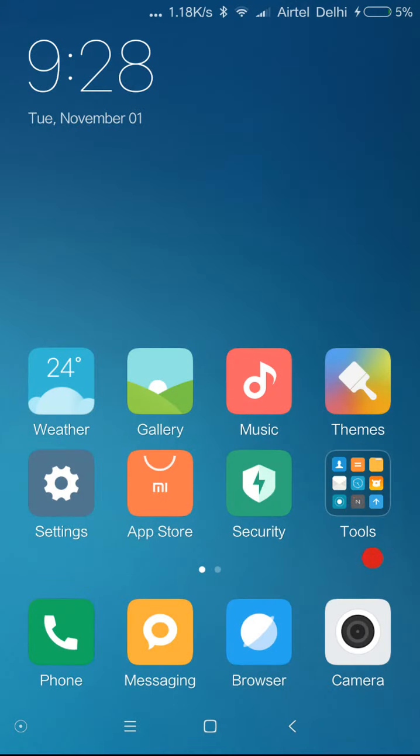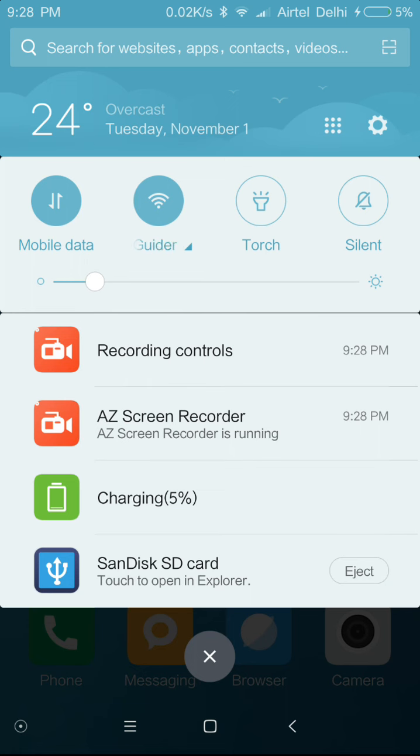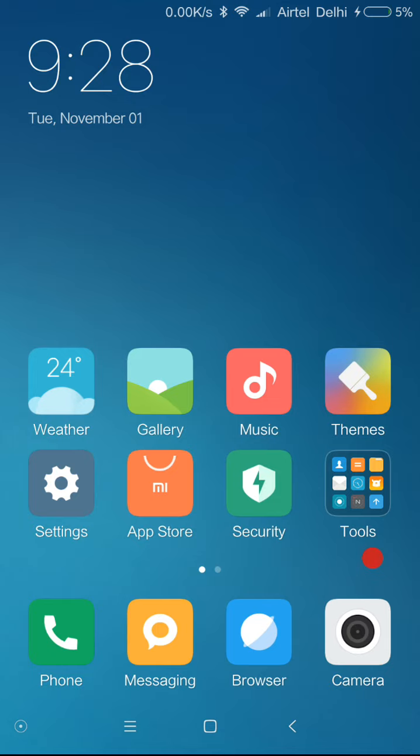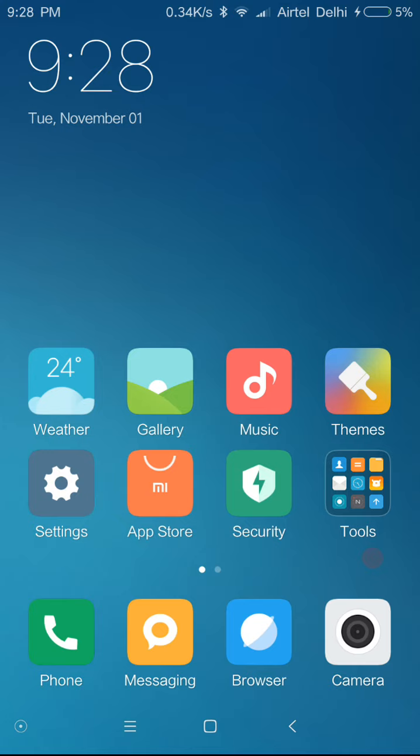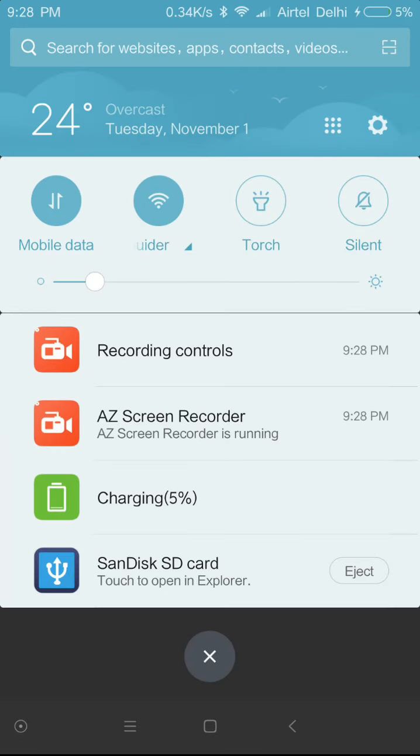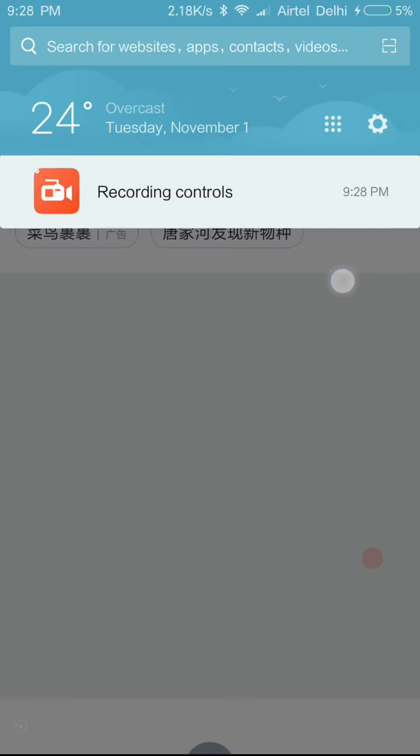And now just a few more things. So first of all, as you can see, we do have a search bar embedded inside the quick settings panel header. So using this, you can quickly search for websites, apps, contacts, videos. But again,